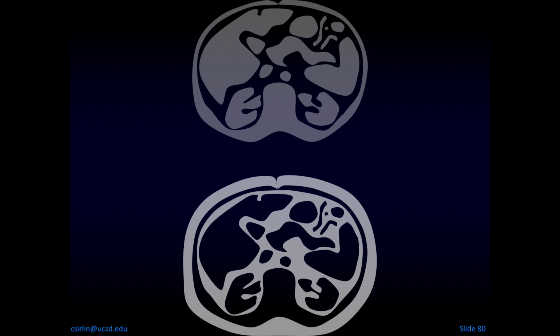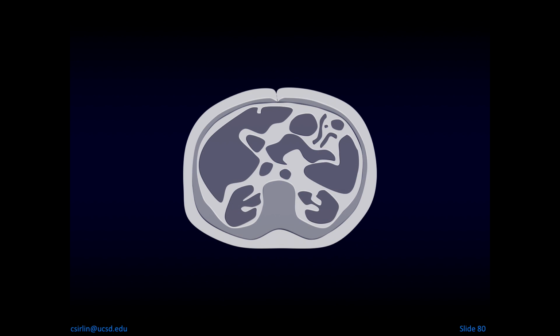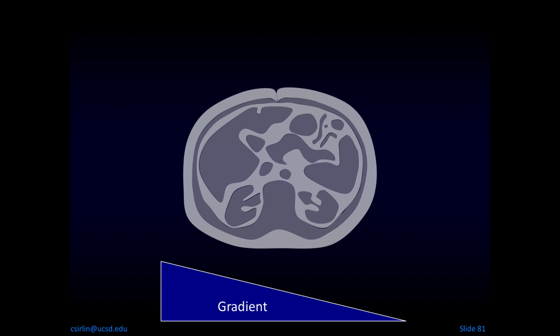So in MRI, we're going to be imaging water, and we're going to be imaging fat. And when you see an MRI image, it's actually the summation of these two separate images. So you can think of MRI as capturing a water image at the top and a fat image below, but the two images are blended together like this. So far, so good. But now, let's remember that when we get an MR image, we have to apply something called a